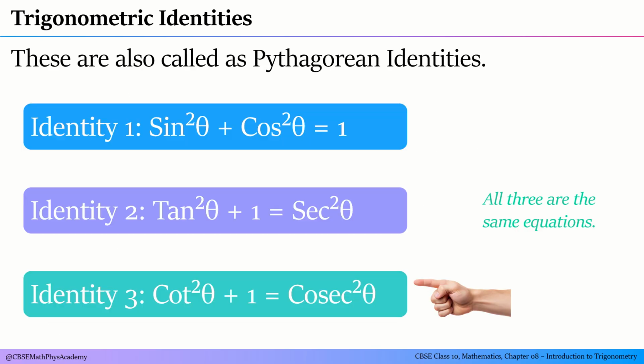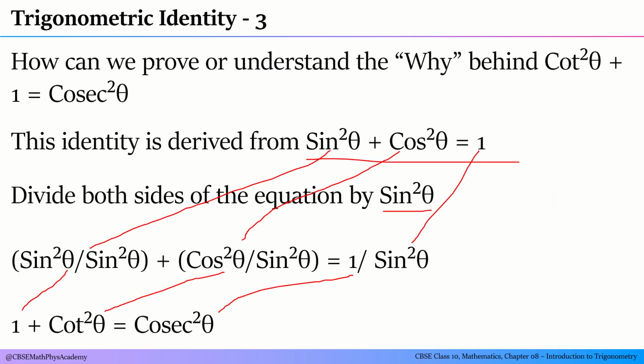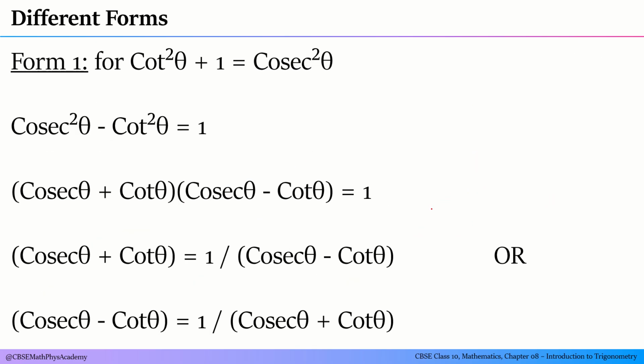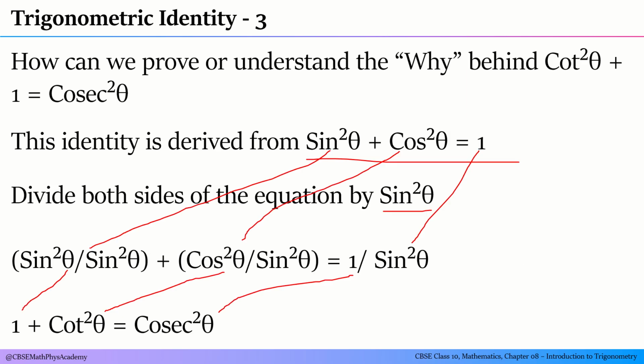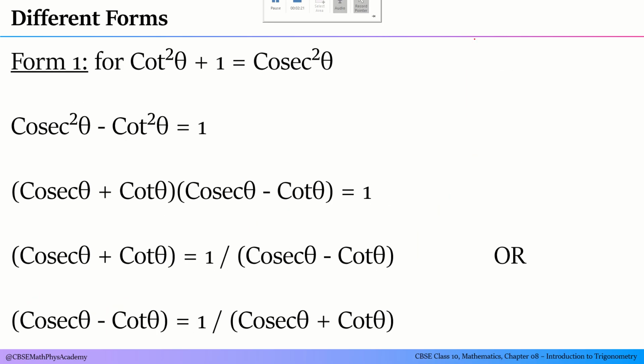So now you will understand why I said that all the three equations are the same. Be it the second identity or the third identity, everything is derived from the first identity. So all the three are the same equation but in different forms. Now this identity 3 can have two different forms. One is